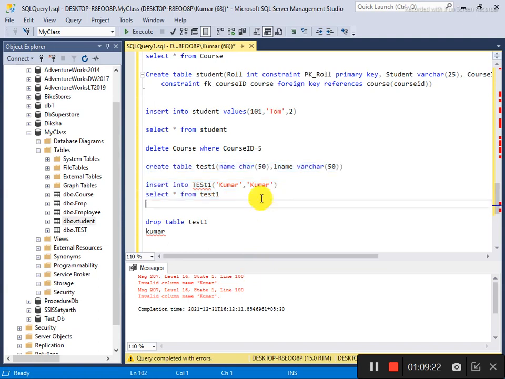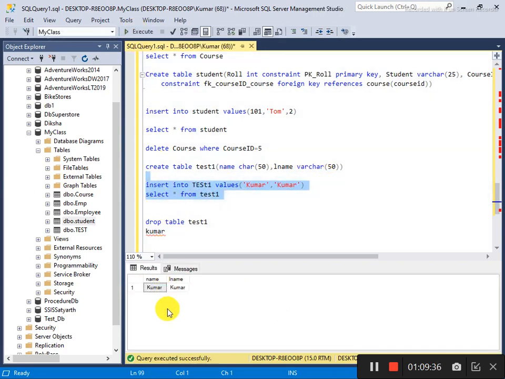Invalid column name Kumar. Oh sorry, I missed the insert into values. Values. So now you see that Kumar has been entered.